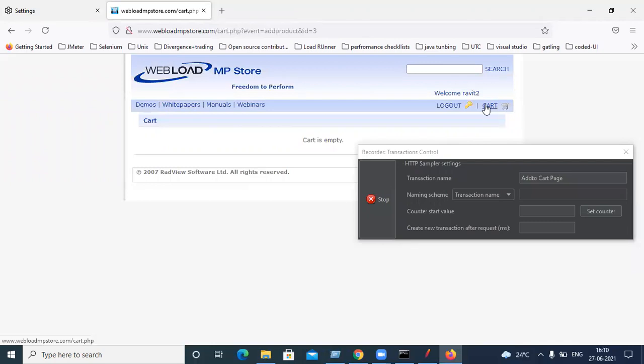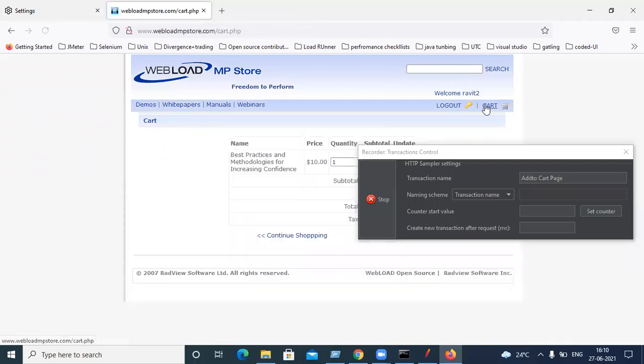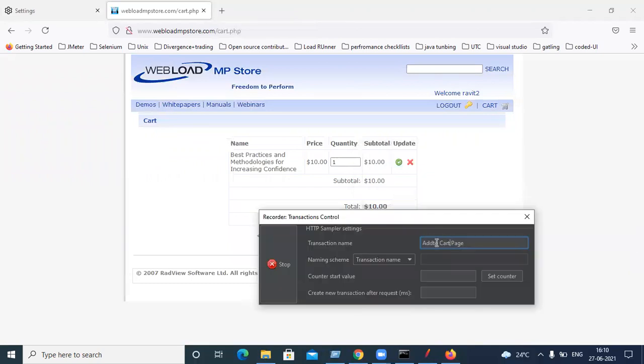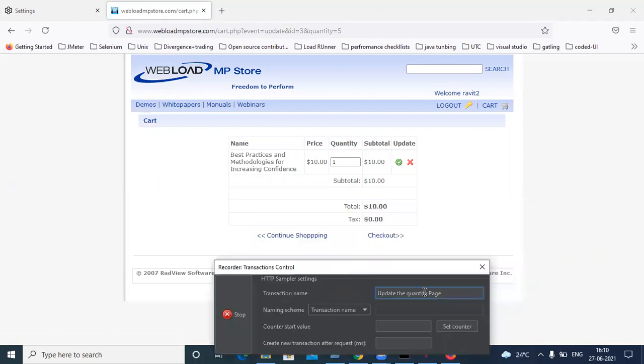Again, just click add again. Okay, so now we're updating the quantity, no? So let's give 5. Update. Okay, it's not working. So let's click on checkout.